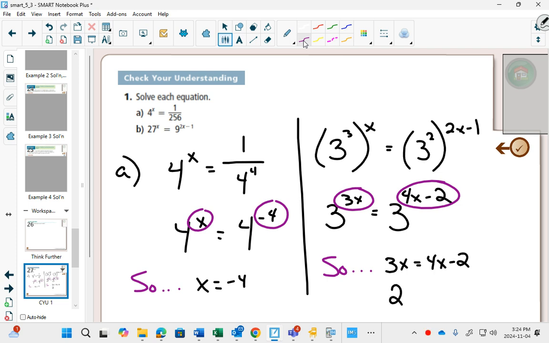If I move the 2 to this side and the 3x to this side, I get that x has to equal 2. Questions for practice on this one are 3, 4,